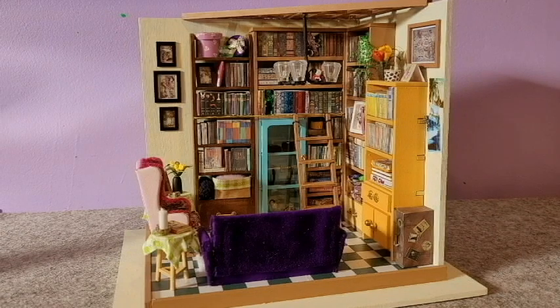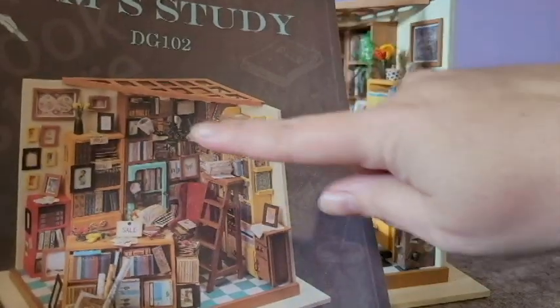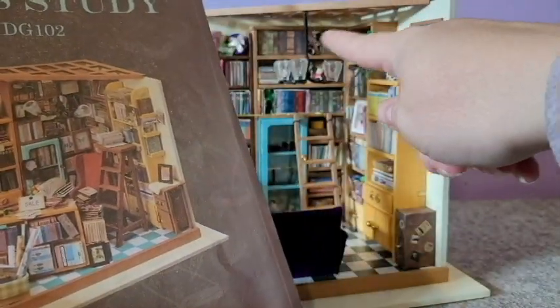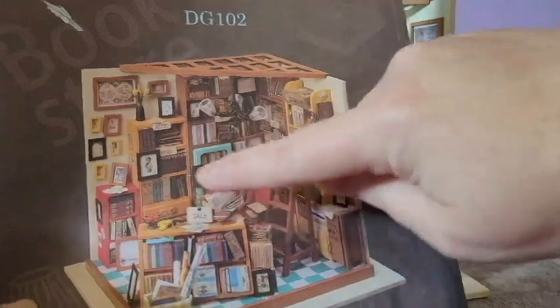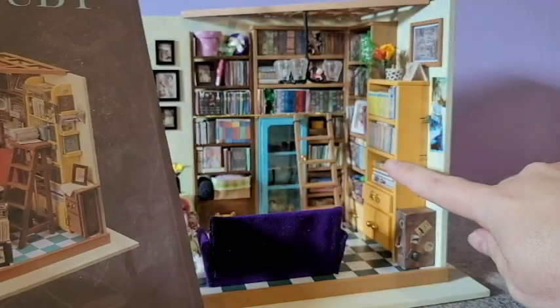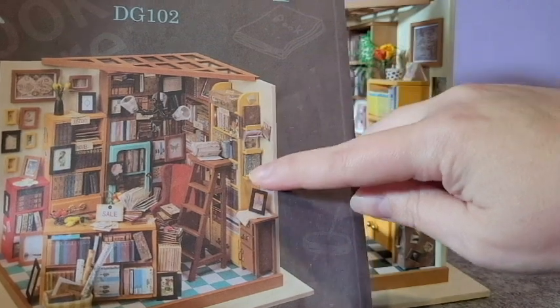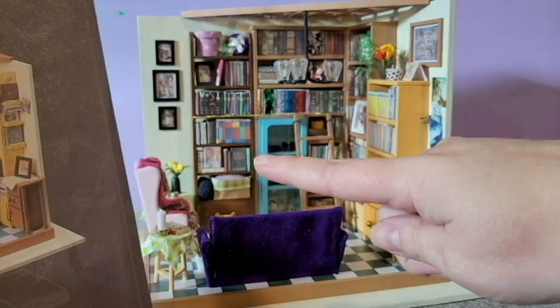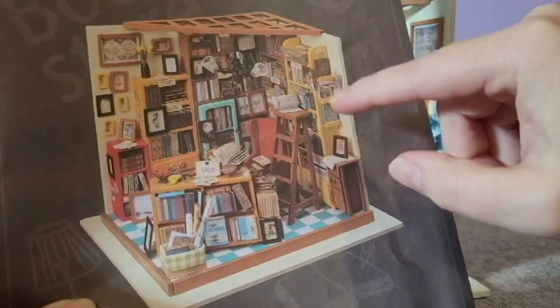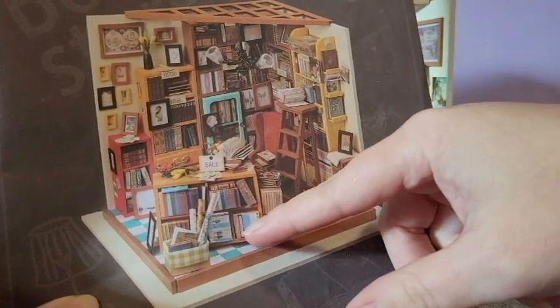Okay, so the changes that I made with this kit include, as you can see, there's a whole bunch of shelves, and I have kept most of them. So the tall shelves in the back are there. And then I did do a couple switches with the bigger shelves. So this shelf I built and kept pretty much the same, except I put it on this side of the room. And the shelf that was supposed to go there, I decided I didn't want the magazine racks, and I didn't love that color, so I made it darker and I put it on the other side of the room. And then I decided, because it was going to be a library and not a bookstore, I didn't need this extra book display shelf. So I tore that apart